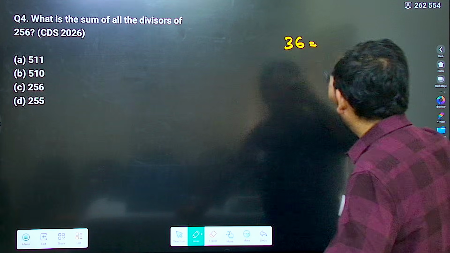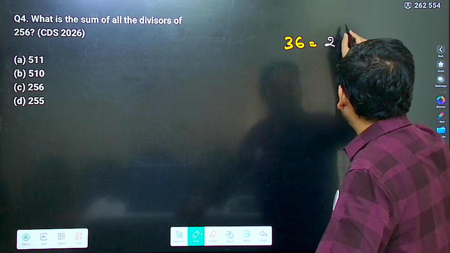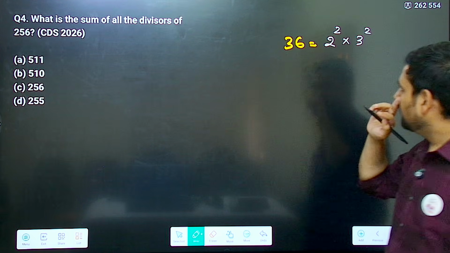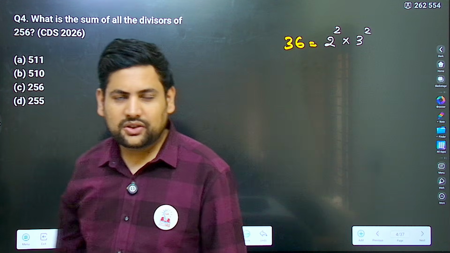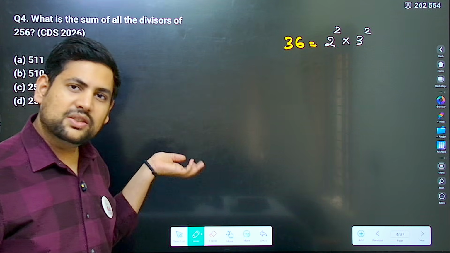36 is equal to 2 power 2 into 3 square. Correct? 9 fours are 36. Yes. Now, if you have to calculate the sum of all divisors, or sum of all factors,